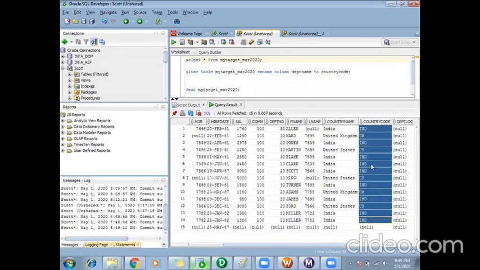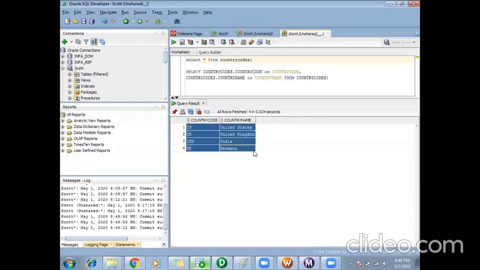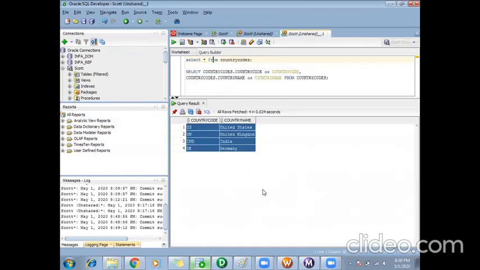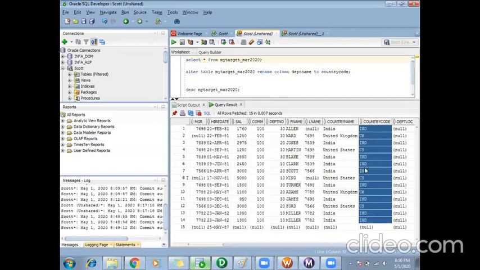There is one more static table called country codes, which has the list of country names and their respective country codes. So from my source, based on the employee's country name, I have to go to this table, do a lookup on country name, get its respective country code and load it to my target table.